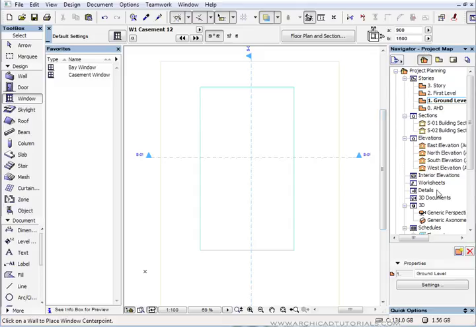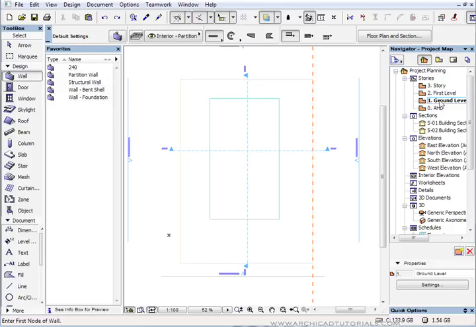Here you've got your generic views of your model, and you're just modeling without thought to layer combinations or anything else actually. So when we're modeling in the project map, we should also take consideration to the stage of the documentation that you're at. So for example, if we wanted to use a 240 brick veneer wall, and I've put those around that at the moment. Now if I was to save that with that